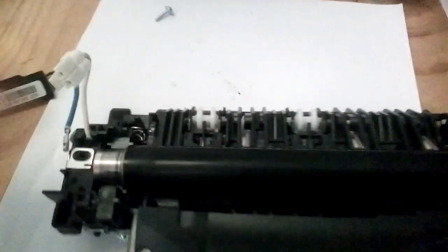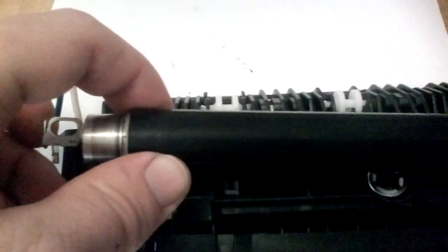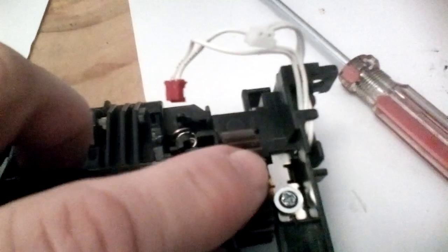Okay, so now that gear is free, what we're going to do is lift. We've loosened that screw off, so now the lamp has some play. Lift the lamp up, it will lift the roller up. You can then take the roller and just really carefully, whilst holding the gear, the gear will come off, as you can see right there,